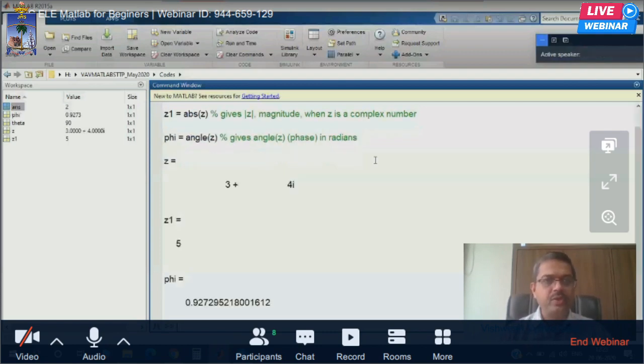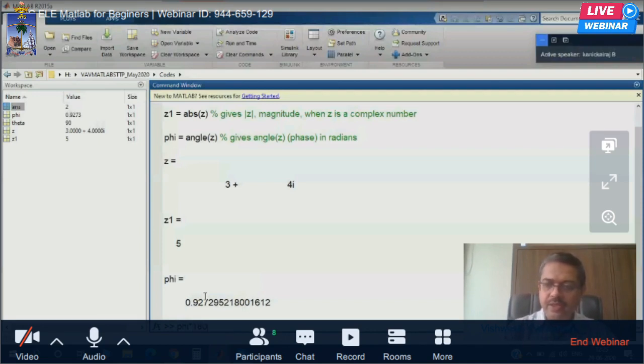So you see how easy it is. Z is equal to 3 plus 4i, and we know that the absolute value is the square root of 3 squared plus 4 squared, so the magnitude is 5. The angle, as you know, is in radians, and if I want to convert this angle to degrees, I will have phi into 180 divided by pi.